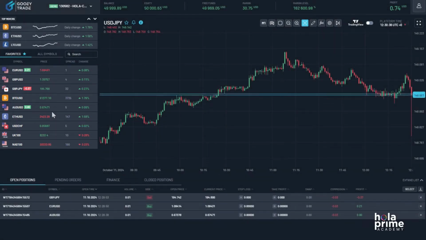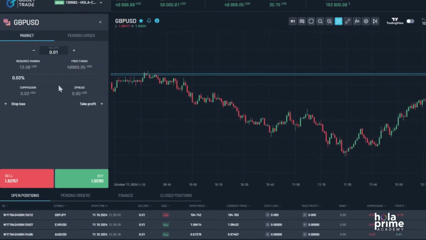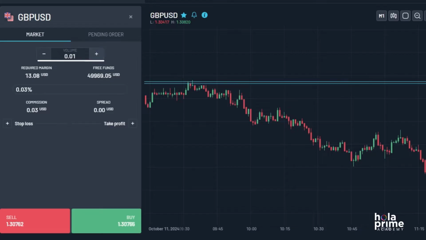To open a new trade, first, click on the instrument you wish to trade. Then click on New Order. You'll see the order window. Here you can set your lot size either by using these icons or simply entering the lot size you want